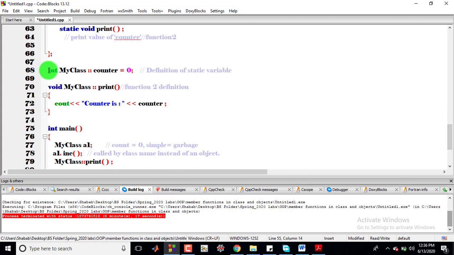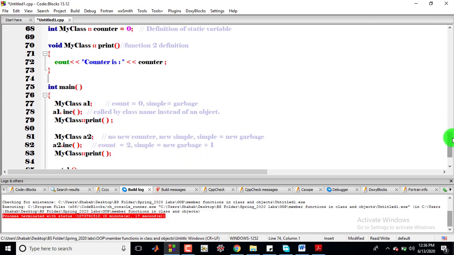This is the definition of the static data member and then the static member function. In the main body, we can see that static member functions can be called by the dot operator and can also be called by the class name. For the A1 object, the increment function is called by the dot operator and the print function is called by the class name.